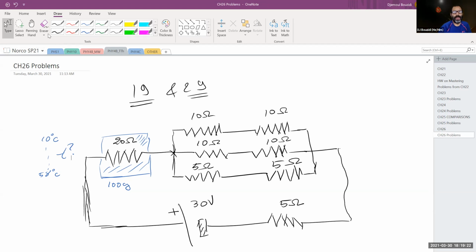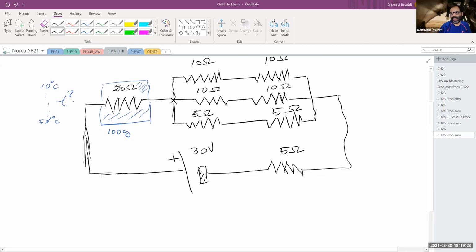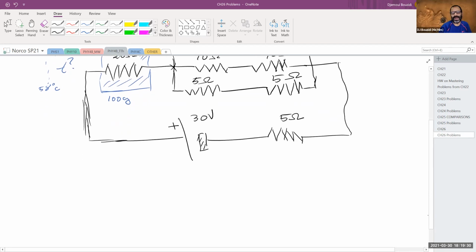Here is the deal. There is one thing about water, and that is where physics 4C comes in handy. For water, in order to raise its temperature by an amount delta T, if you have a mass m of that water, you need to introduce the specific heat of water, and that gives you the amount of energy that is needed to raise it. So this is the amount of heat